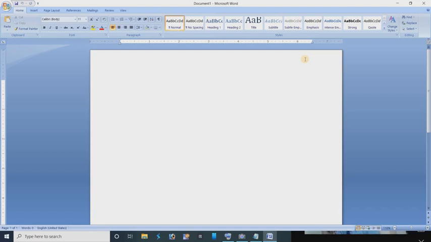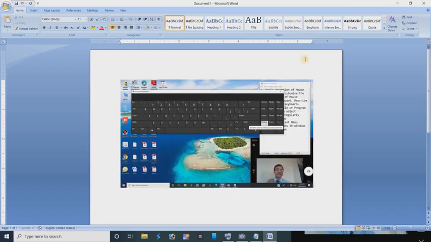So here we can paste it by using the shortcut Control V, and you will see the whole snapshot taken by Print Screen has now been pasted in the Microsoft Word working area.